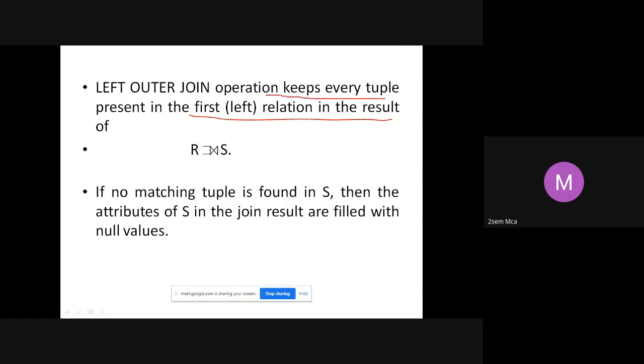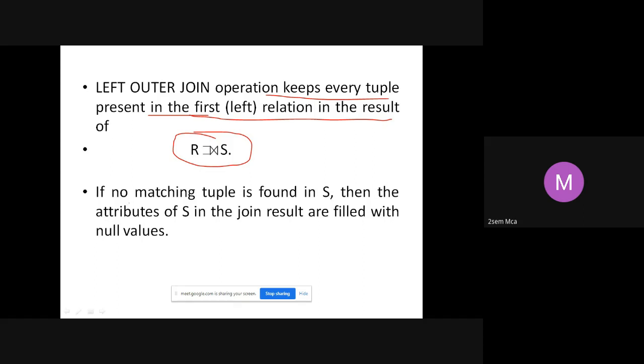It is going to keep every tuple that is present in the first relation. Look at the symbol of left outer join. Join operation, we know the symbol. The same symbol, with an extension on the left side. That is your left outer join.